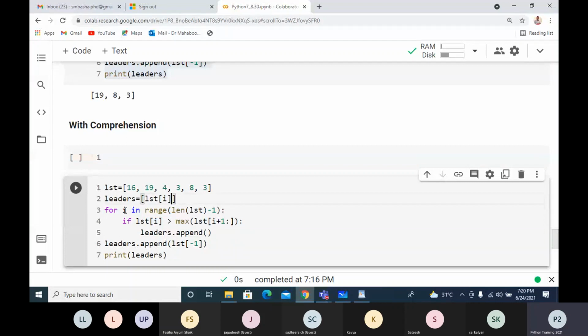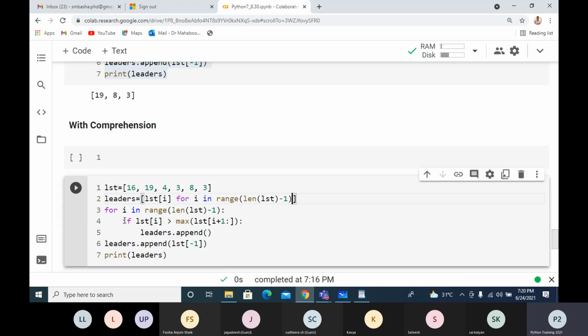Then this is the for part. I'll just modify it. Instead of this, I'll take the same thing, I'll take this one, not this one, and add it here.